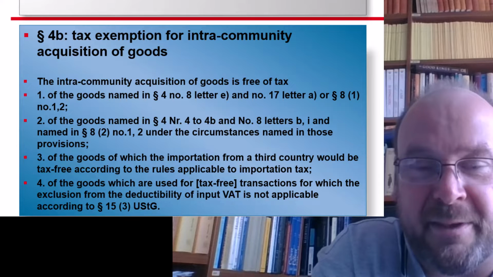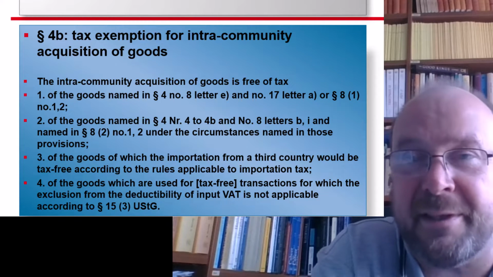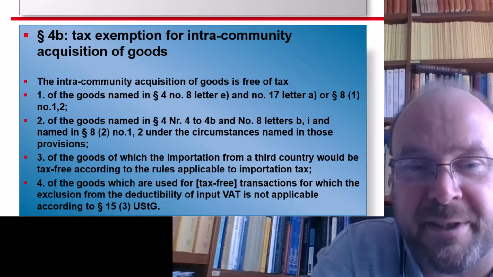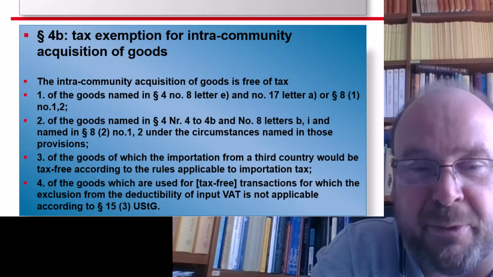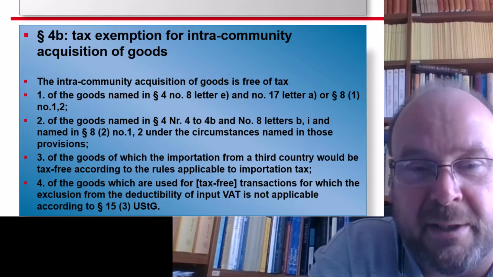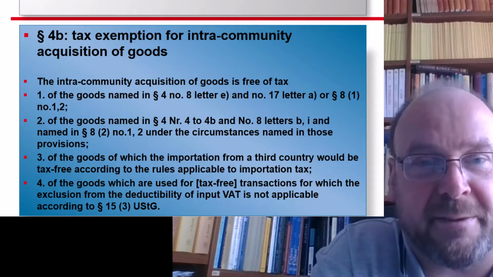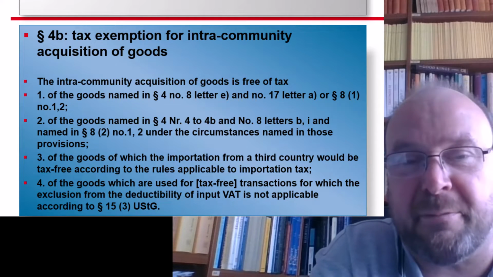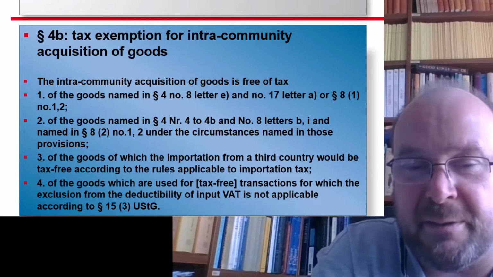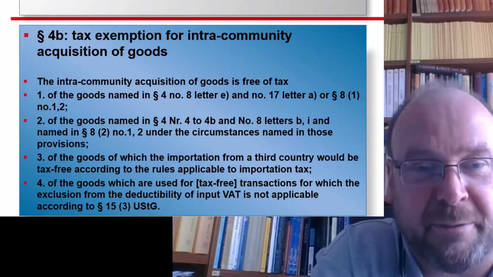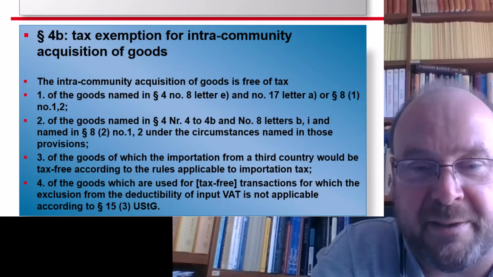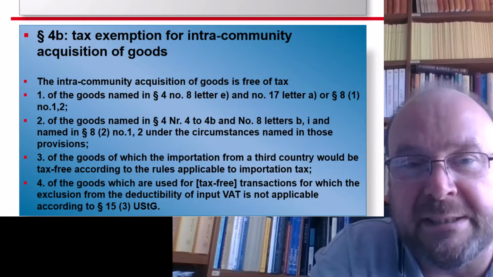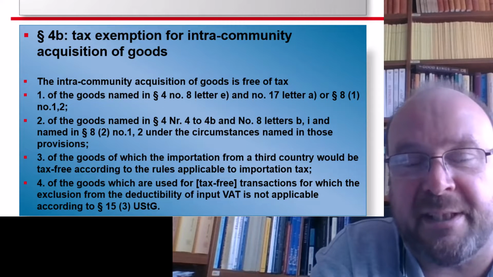Also, delivery of human organs, kidney, is free of tax if one hospital sells such a thing to another. So cross-border acquisition is also free of tax. Ridiculous. So you will probably never come across this. Number 17 in my personal language is usually called the vampire exemption. It is trading in human blood. Who else should be interested in that apart from some medical firms and not you and me?